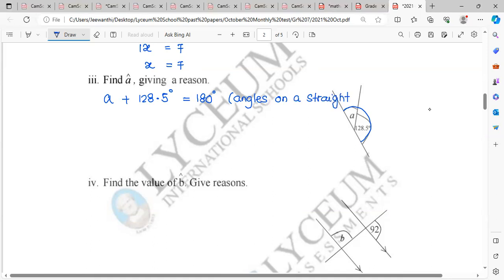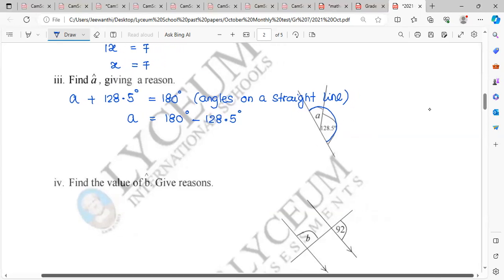And when you are writing like this, you don't write that the angles on a straight line add up to 180. That part you don't want to write because already you have shown that add up to 180 with the equation. So then you want to find the angle A. So then 180 degrees minus 128.5 degrees. So then you come to the working column to this corner and write that the